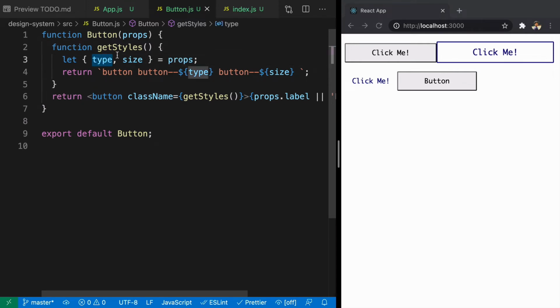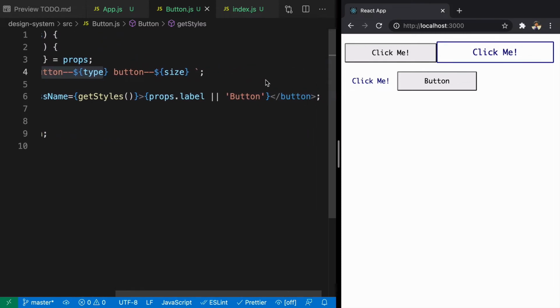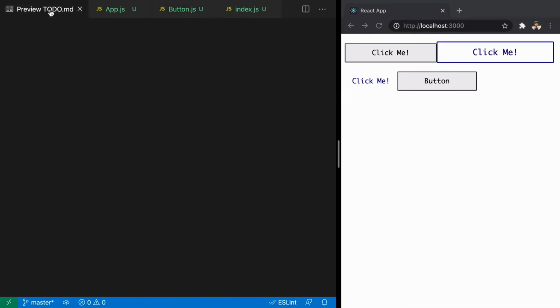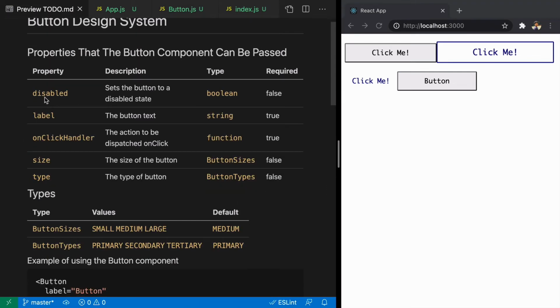So we have got access to type and size, and based on this we are adding different classes like button type and button size, and here we can see that all the buttons are of different sizes and style.